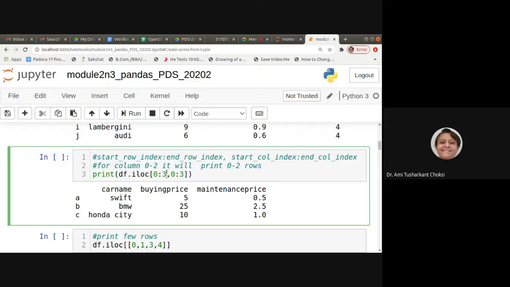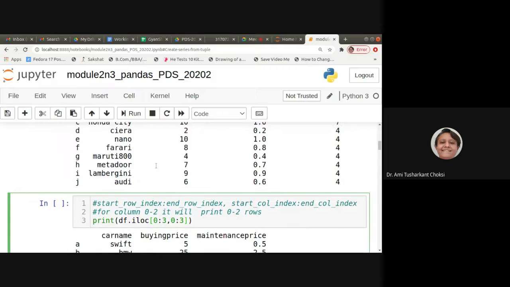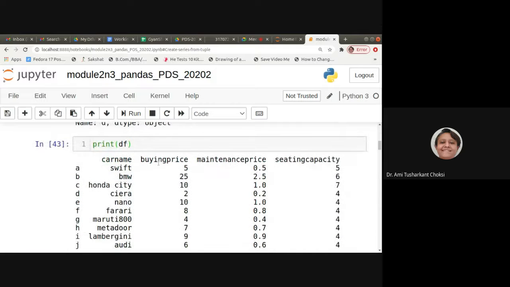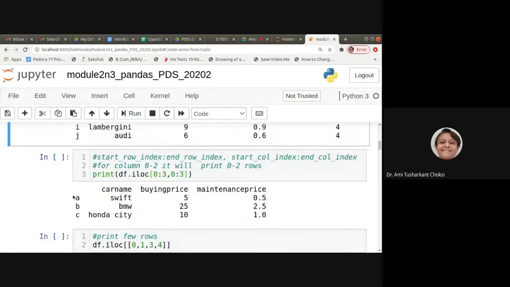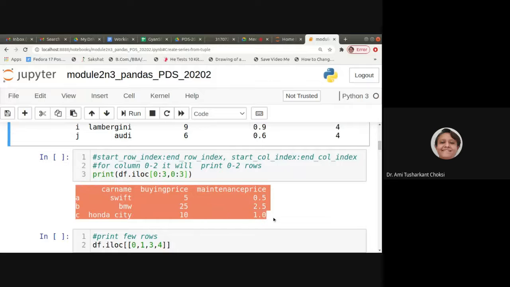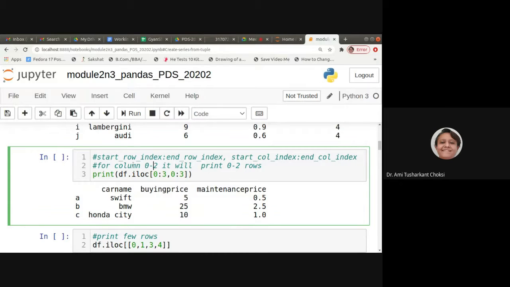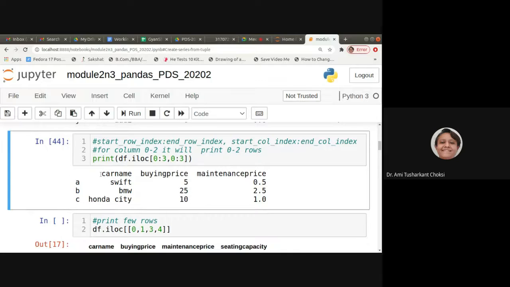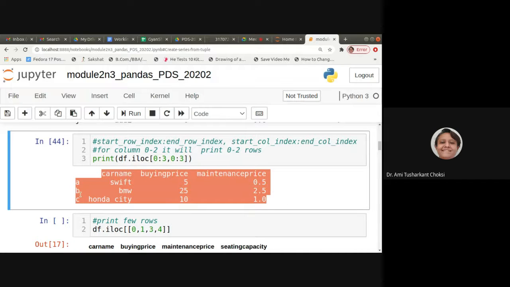So 0 to 2 will be there for the row, meaning 0, 1, 2. So A, B, C. What about the column? For that we can say 0:3. So for that also 0, 1, 2 will be there. For 0 it is car name, for 1 it is buying price, and for 2 it is maintenance price, right? So that's the data we are able to see. When we run this particular cell, we'll get this, right? Rows 0, 1, 2, columns 0, 1, 2, right?